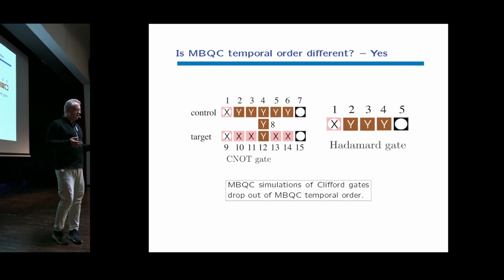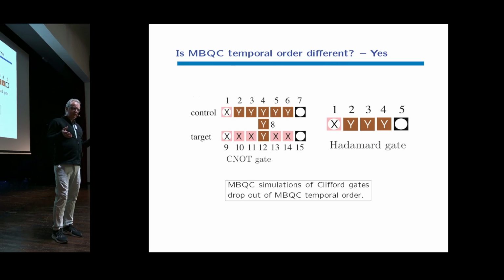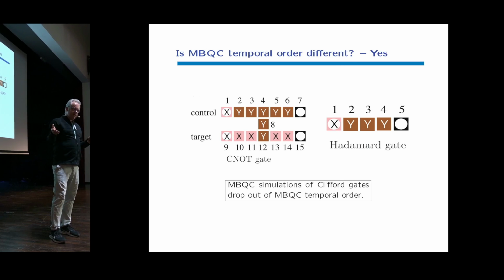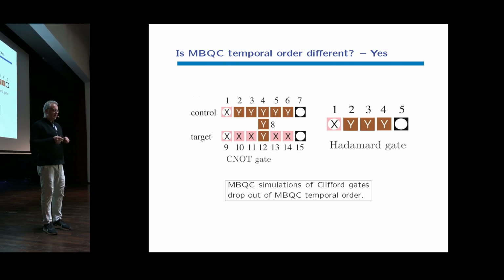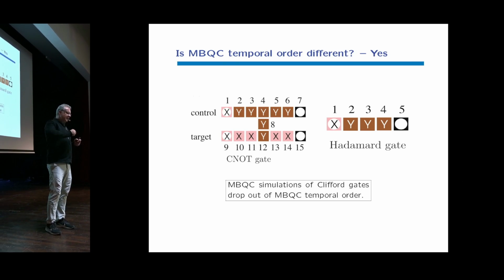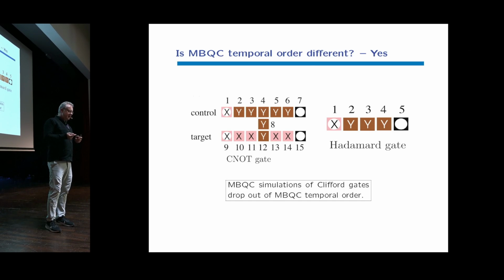So why are Clifford circuits easy to simulate? It has to do with conjugating Pauli operators under Clifford unitaries. That's the definition of the Clifford group. Any Clifford group element maps all Paulis to Paulis. And that update is also efficient. You can efficiently follow it. And that has a counterpart in measurement-based quantum computation. Namely,